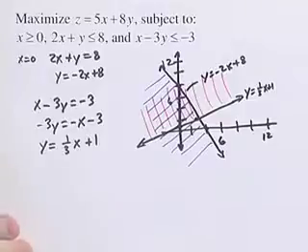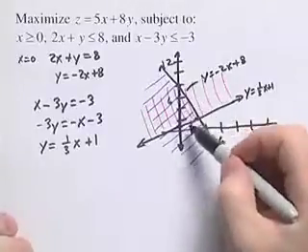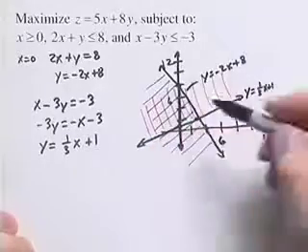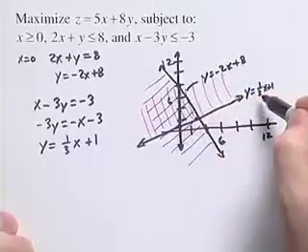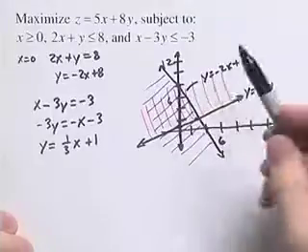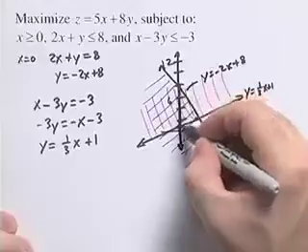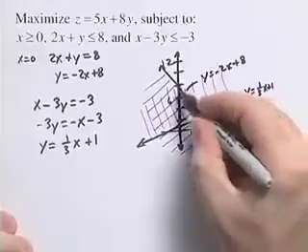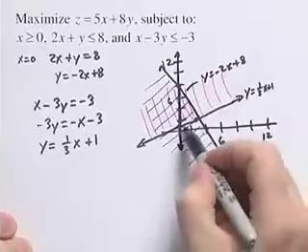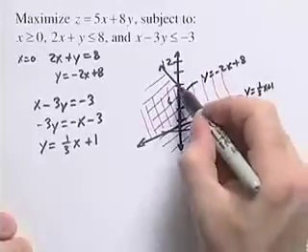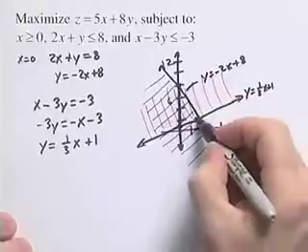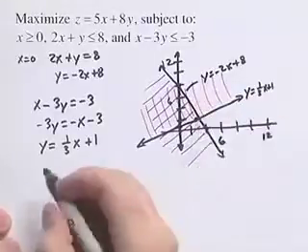Now our feasible region for this problem is going to be where the overlap lies. We need to be to the right of the y-axis. We need to be above the line y equals 1/3 x plus 1. And we need to be below the line y equals negative 2x plus 8. That puts us in this region right here, the triangular region. We need to find the corner points for this region. These are going to be y-intercepts for our two lines, and we'll need to find the intersection point for those lines. So our corner points,